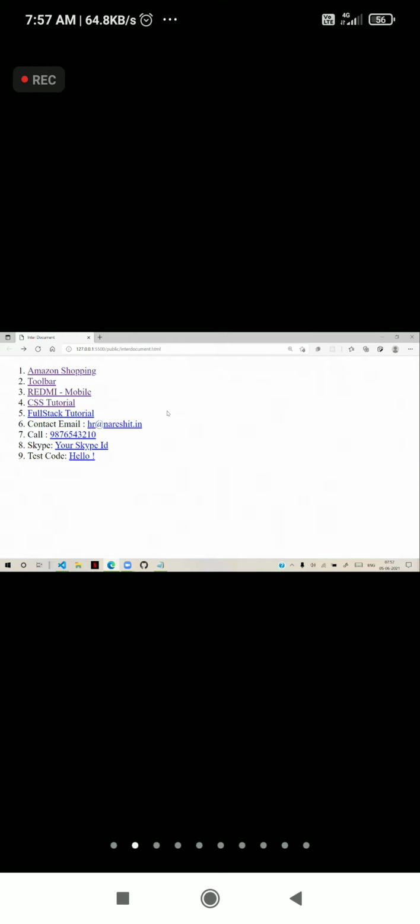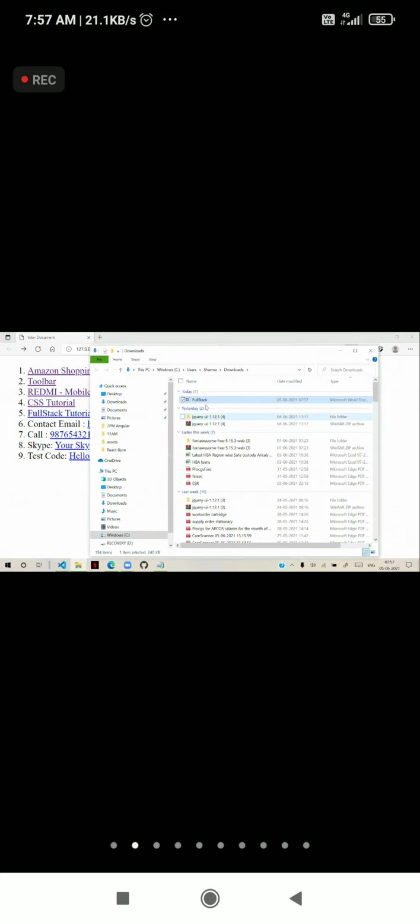Word documents, Excel documents, PowerPoint, such complex documents cannot open, 100% not possible. That means you don't have such plugins for any browser in the world. So when I click on full stack tutorial, it cannot open, then automatically it will download. You can see that it downloads that file. That means that file is downloaded into my downloads. I can open the folder and you can see in the downloads that the file is present.